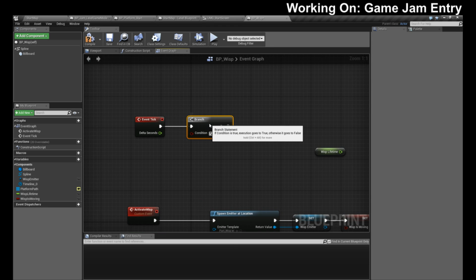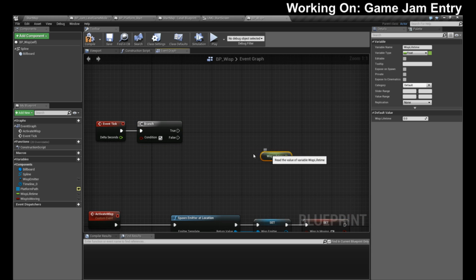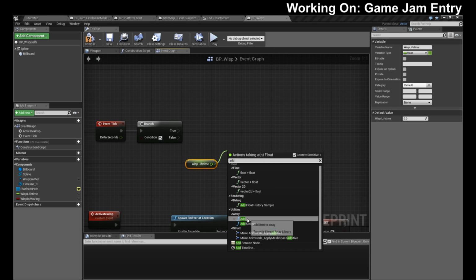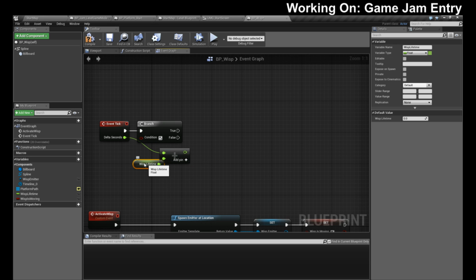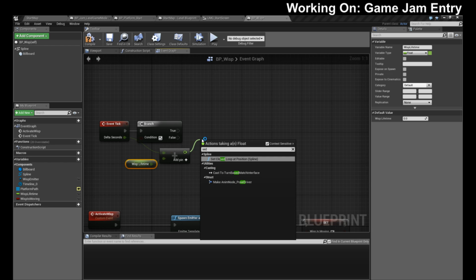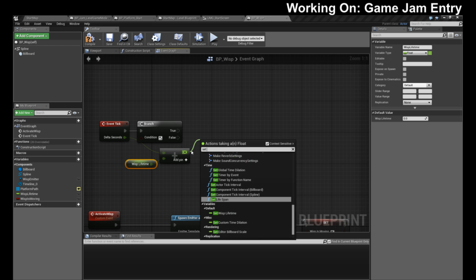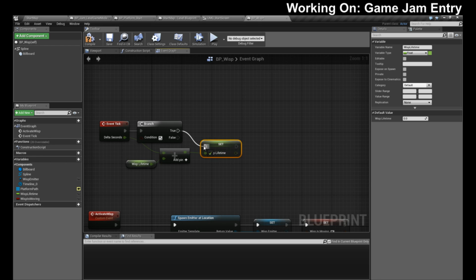Okay. What we're going to do is take the wisp lifetime and add a float. I don't like how it does that. Whoops. Set the wisp lifetime.